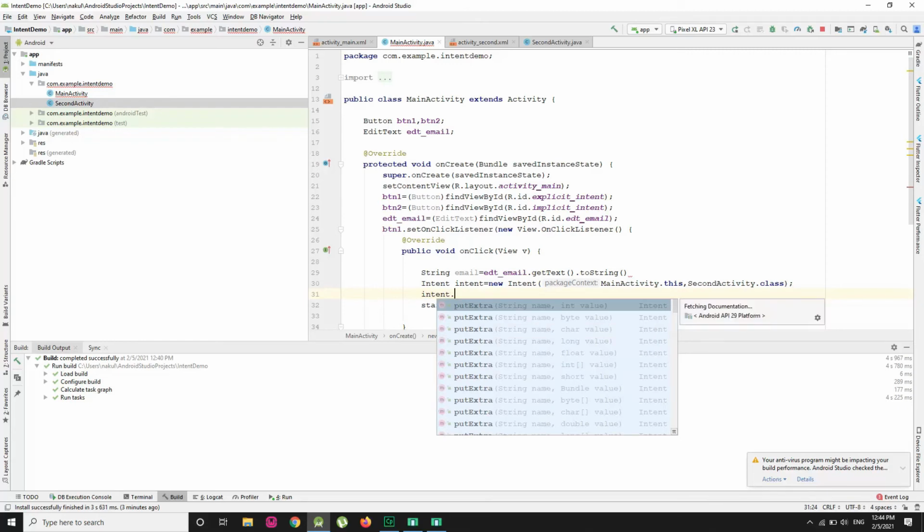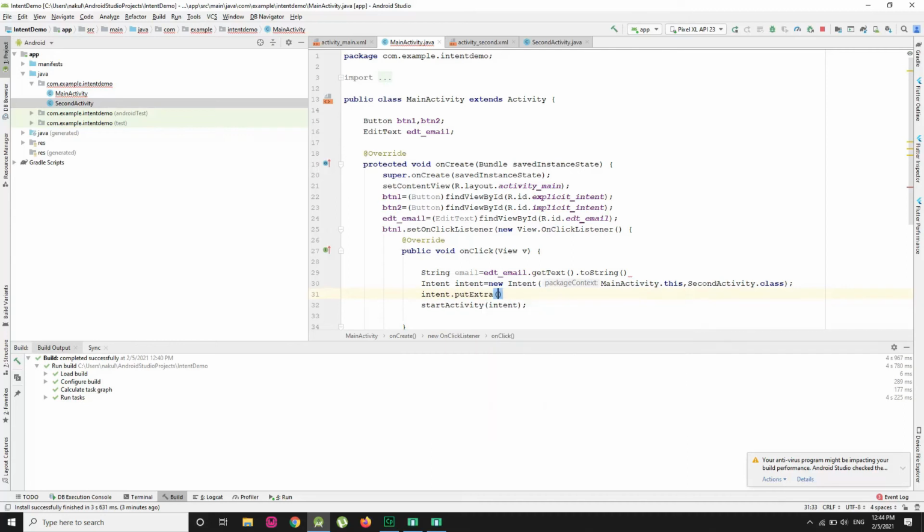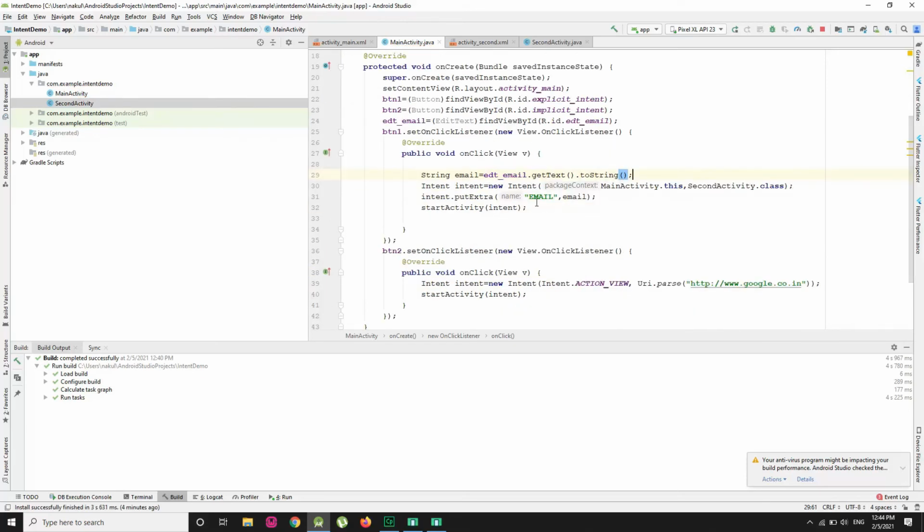Now remember one thing, if I want to pass data to another activity, then we have the putExtra method, and in this putExtra method we have to pass two parameters. The first one is a string, which is a unique ID that is globally identified among our application, right? So let us make this ID as email, and what I'm going to pass is this string. So I am going to write email over here and then a semicolon. So that's it from the main activity.